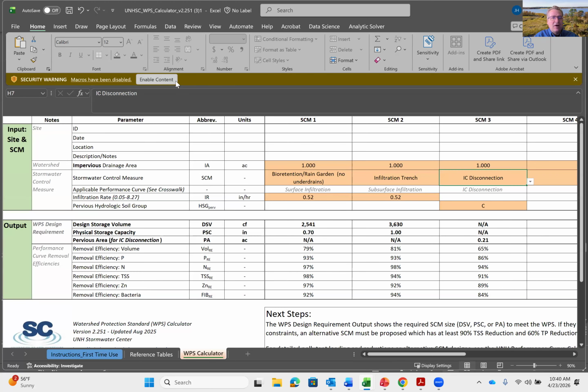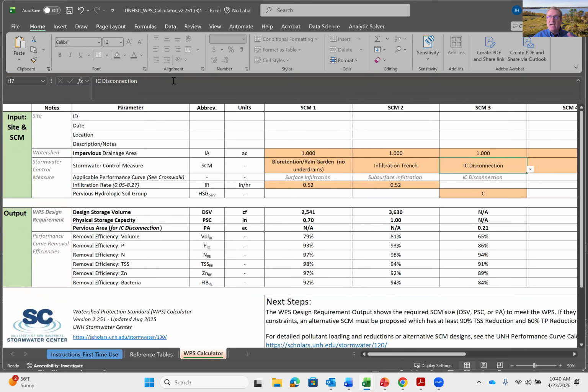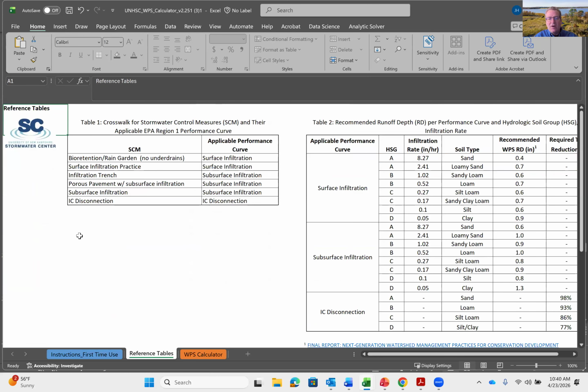This enable content always comes up. You have to click on that. And now, hopefully, you're ready to go. I should tell you too, all the machinery and all the macros and calculations are kind of hidden behind the scenes here. It's just to make the tool easier. But if you want to see the references, they're all in this reference table. So you'll see the different stormwater controls.